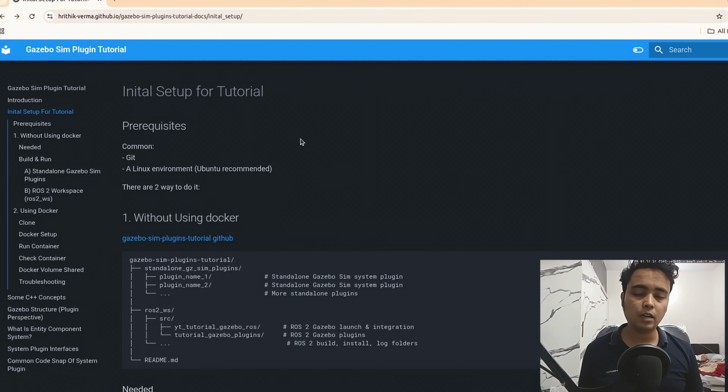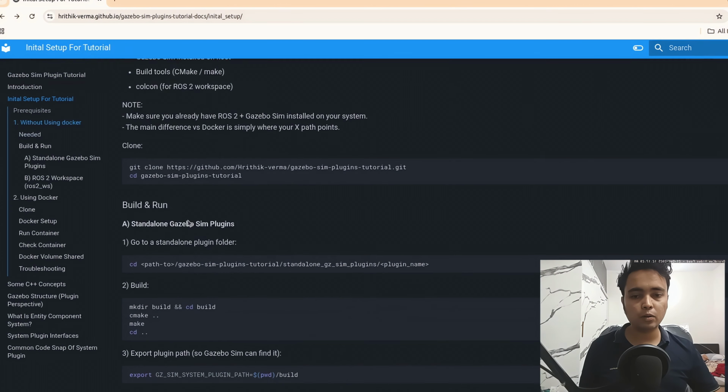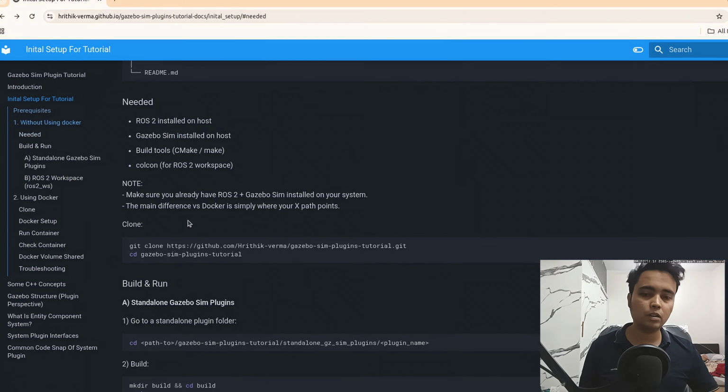Okay, so even before starting this tutorial series, let's first copy the code from GitHub and set up our environment so that we can follow along with this course. There are two ways to do it. If you have ROS and Gazebo Sim installed on your system, then you can use this method. But if you do not have ROS and Gazebo Sim installed, then you can